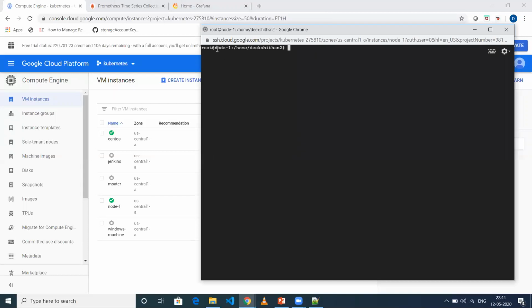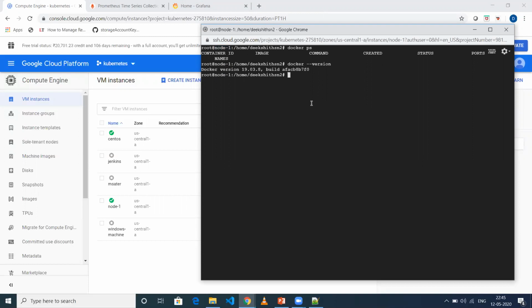As you can see, this is Node one. When I run docker ps, Docker is installed. Docker --version shows that the 19.03 version has been installed. Now, our aim is to make a little configuration change in our daemon.json file, and that will expose our metrics.